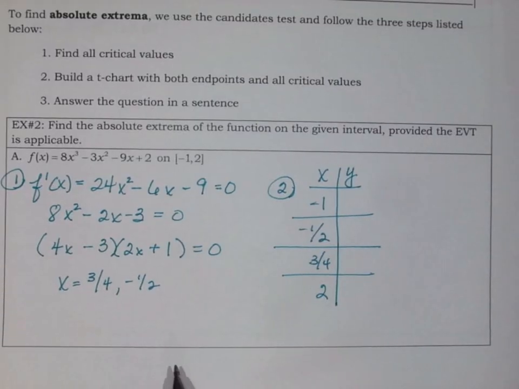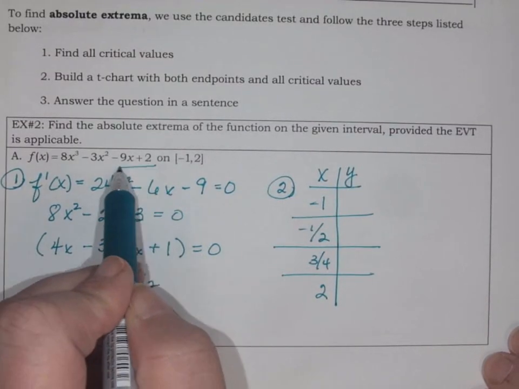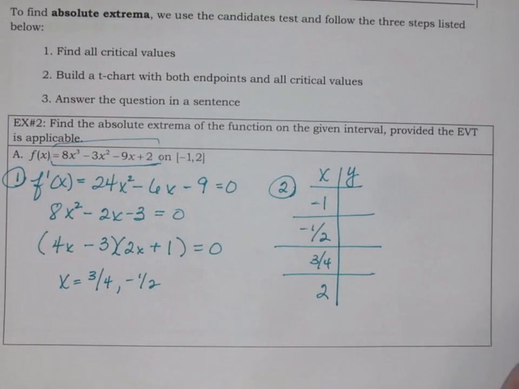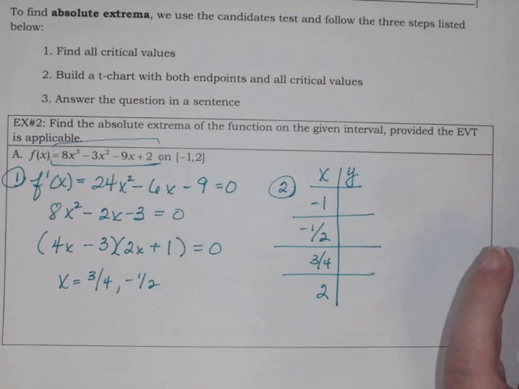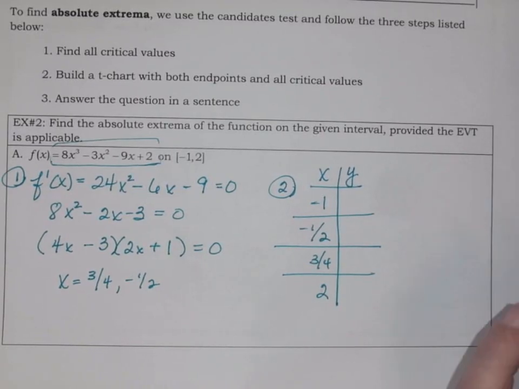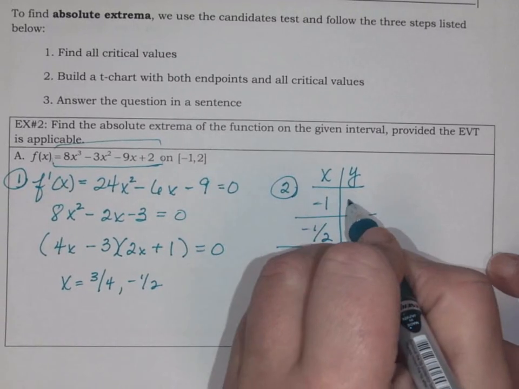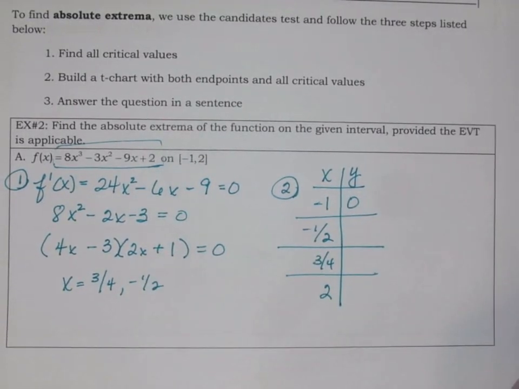And I'm going to cheat and use my calculator, and we're going to plug these into the original y equation. So if I do -1, store into x. Okay, so now I'm going to do 8x cubed minus 3x squared minus 9x plus 2. And that's going to give me 0. Then I'm going to do -0.5 and store it into x. And I'm going to come up and get that same function and give me